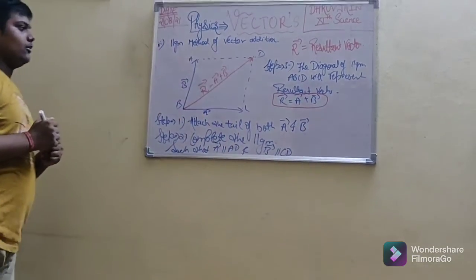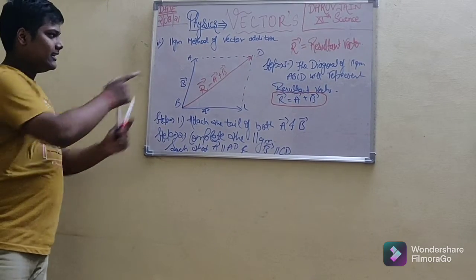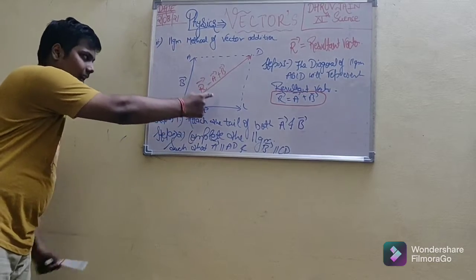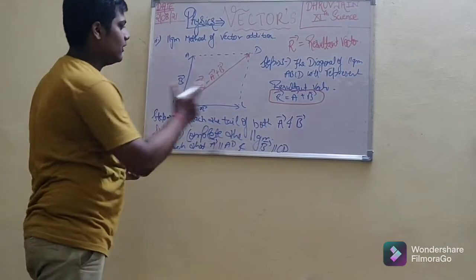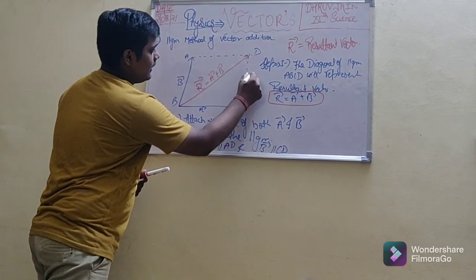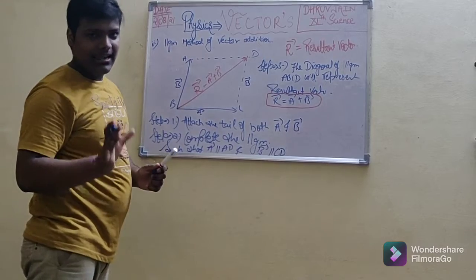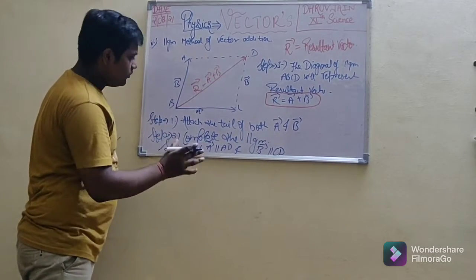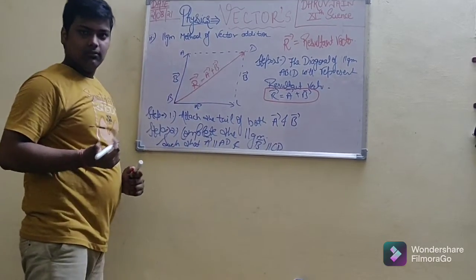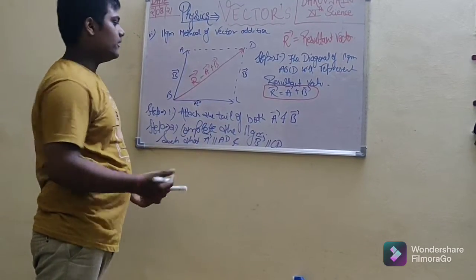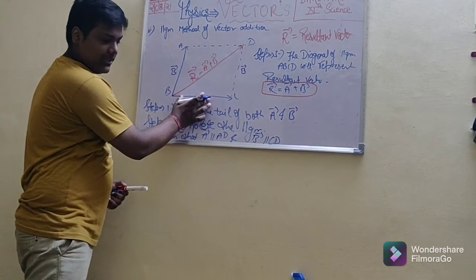Yes. Okay. Now, what I have told is that in this method, our triangular method is hidden. Let us see how. You will ask how. See this. As we know, in a parallelogram, our opposite sides are parallel and equal. So similarly, our side AB will be equal to CD because it is a parallelogram. ABCD is a parallelogram. So this side will be AB and this side will be what?